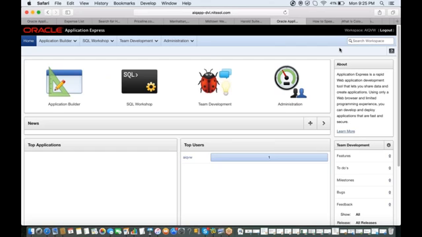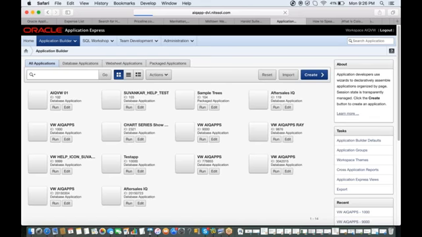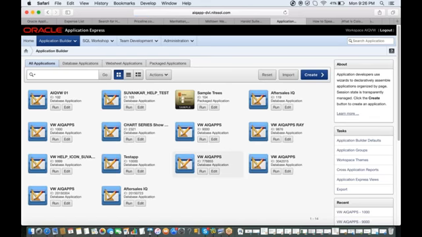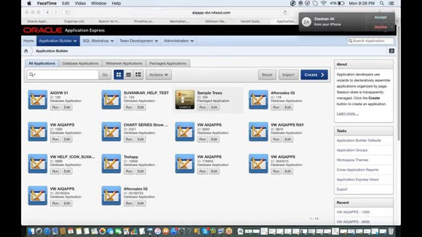Similarly, in Apex also the same thing happens. Even though we are writing the program in PL/SQL, there is an Apex engine, the Oracle Apex engine, which does this rendering of the pages into HTML. So let me show you. Here, these are the different applications we have created. Now suppose I want to run this program. Now if I open this one,